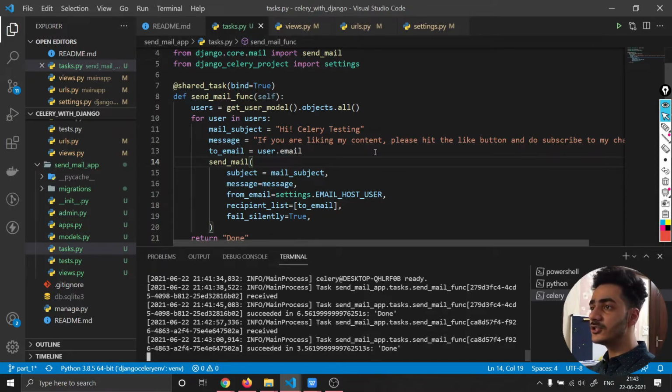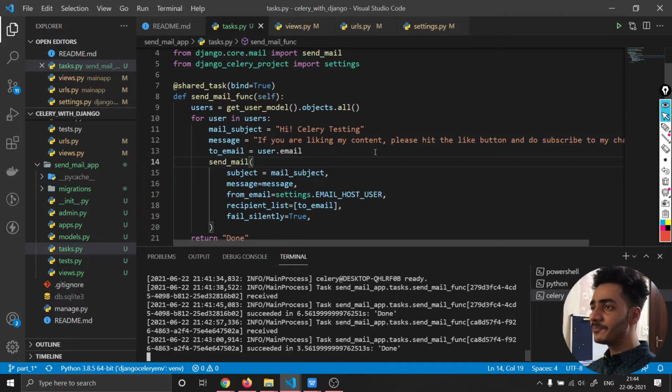Or suppose if he wants to mail them that their subscription plan has been expired. So what we will do is we will iterate through the database every day at 12 a.m. or whatever time admin has specified, and we will see all those users whose subscription has been expired, and we will mail only those users.